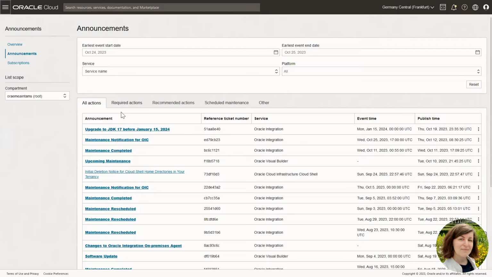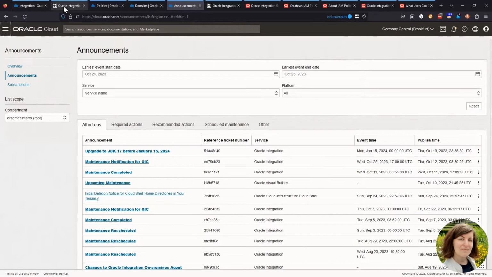The announcements give status updates about different services in Oracle Cloud, including Oracle Integration, and notifications for changes or scheduled maintenance for services. This is particularly interesting for Oracle Integration because this is the mechanism for notifying administrators and users about upcoming maintenances for OIC. OIC receives new releases with new features every 2 months.